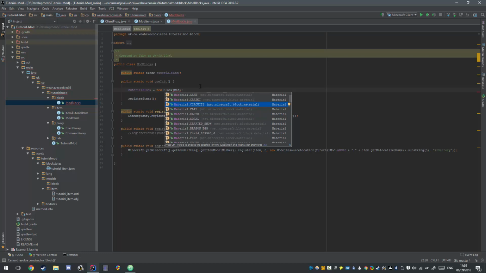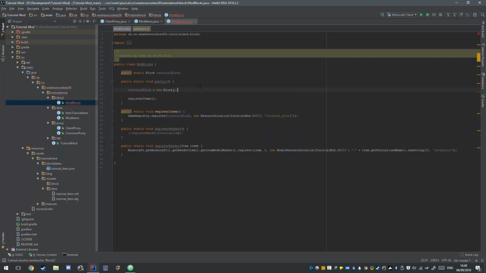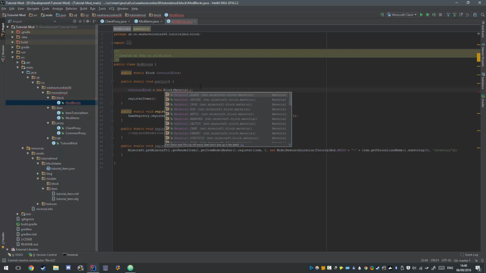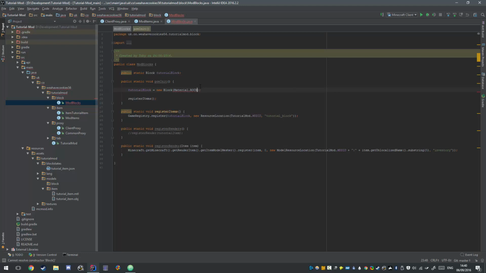Circuits is for stuff like redstone and the repeaters, which are easily breakable and are not fully solid. So we'll just make this material dot rock to make it like stone,